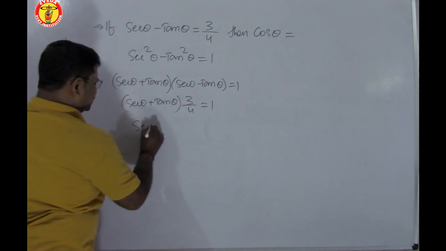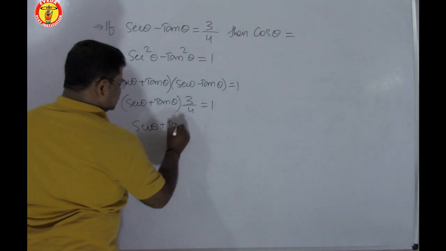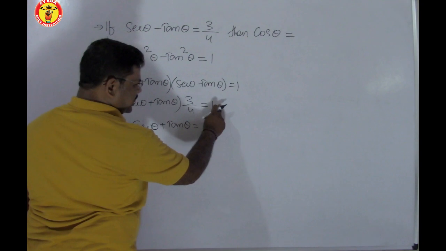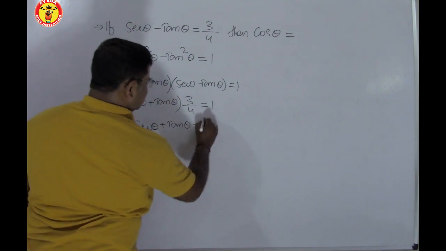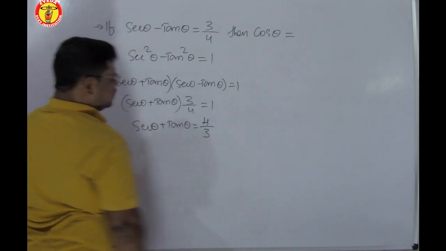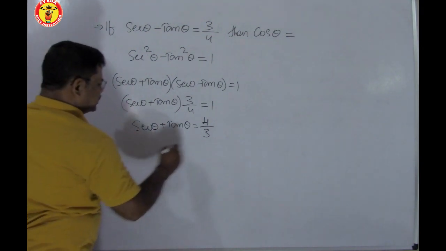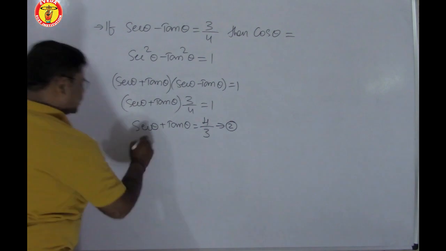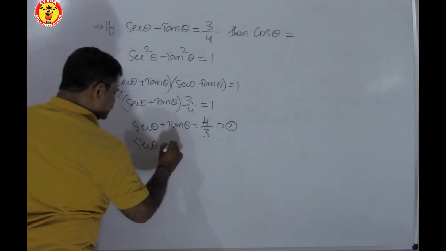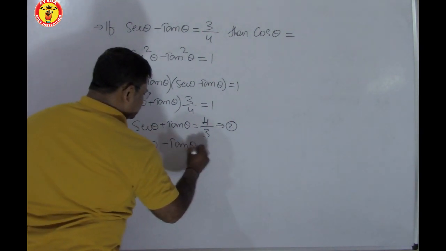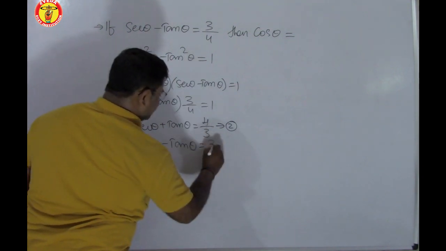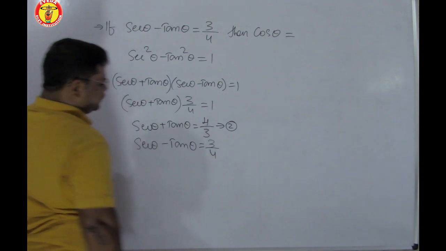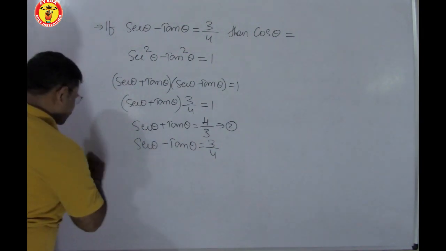Now, what should I write? Secant theta plus tan theta is equal to, if this term is transferred towards the right side, it will be reciprocated. So it will become 4 by 3. Now, this we are going to consider as 2, and our question, what we have, we are going to consider as 1. Here this is 3 by 4 and what we have changed is 4 by 3. Now what are we going to do? We are going to add